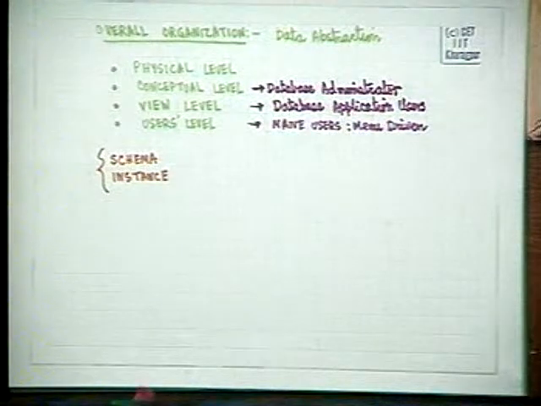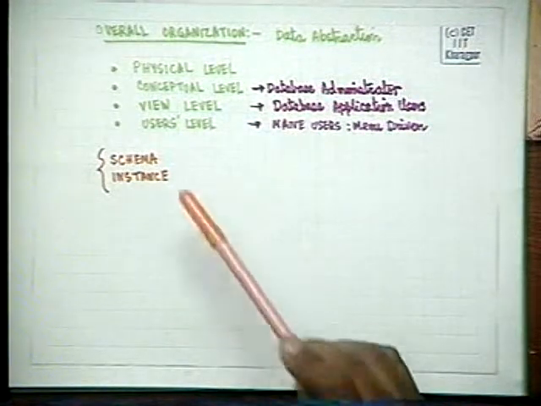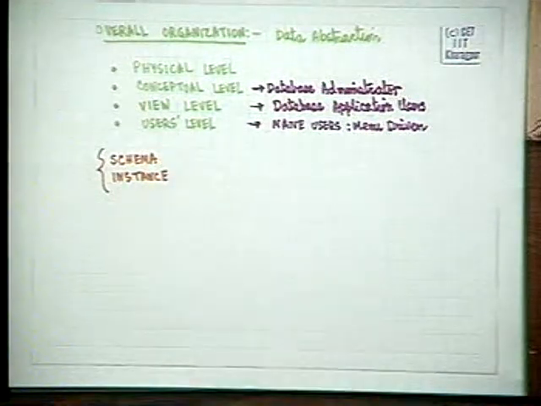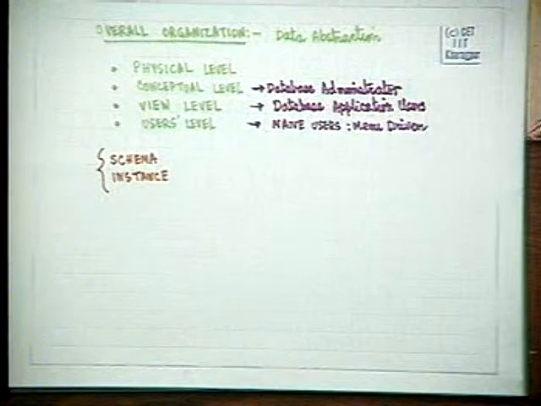Now, next we shall come to what are the components of a database. How do you define a database? How do you design a database, and how do you use a database? It was mentioned earlier that a database consists of a set of interrelated data and a set of procedures. So you must have a mechanism for defining that data and a mechanism for defining that set of procedures. So the components of a database